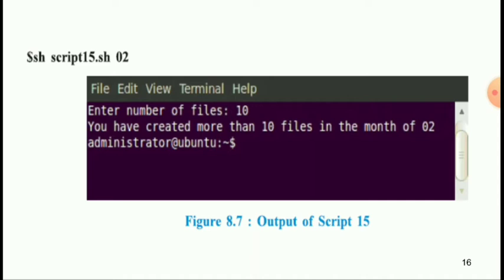So the script's output displays the message more than the number of files, otherwise not created more than the number of files. So enter the number of files, that is 10. So you have created more than 10 files in the month of 02, that means February.